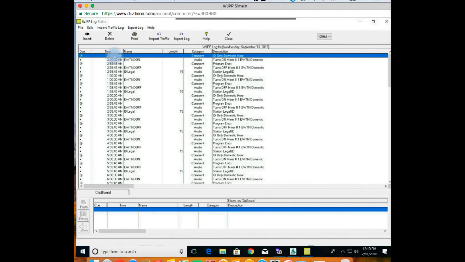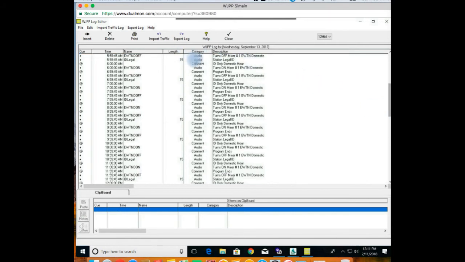And you can see, again, that we started out saying it's a domestic hour. We turn EWTN domestic on in that cart, EWTNDON, and then at 59:45 with the @ sign, we leave the program ends, and it turns the domestic off. It plays the legal ID, and bingo, at the beginning of the next hour, it starts up, and this is what happens for the entire log. And then all we need to do in order to put this into the automation system is export the log. So we hit export,